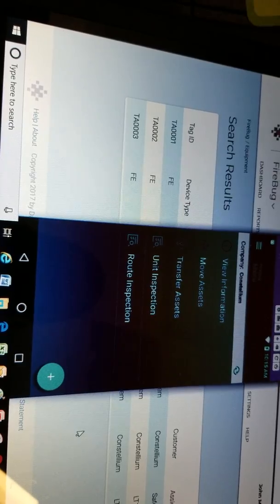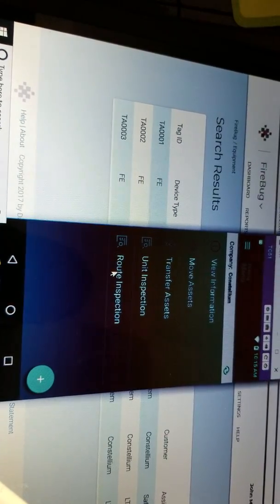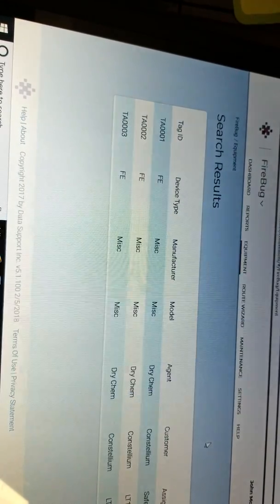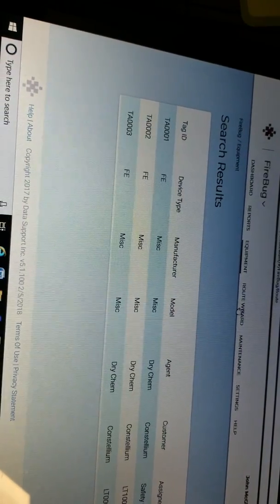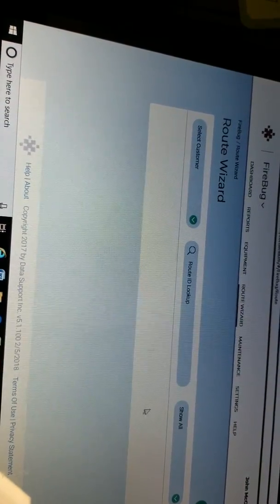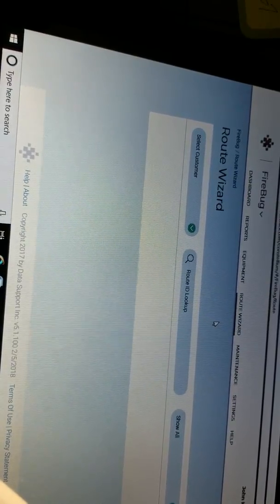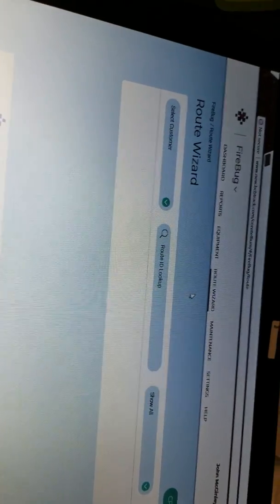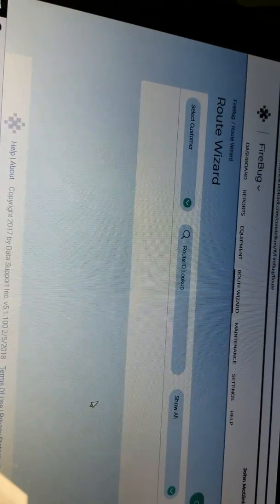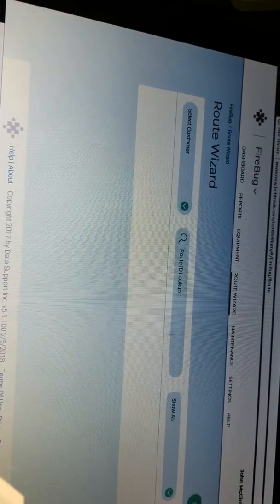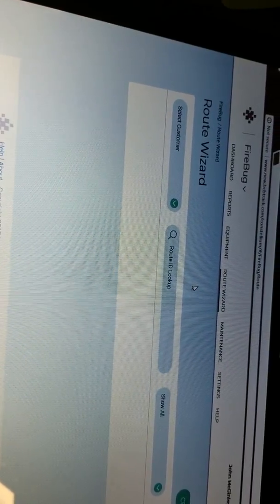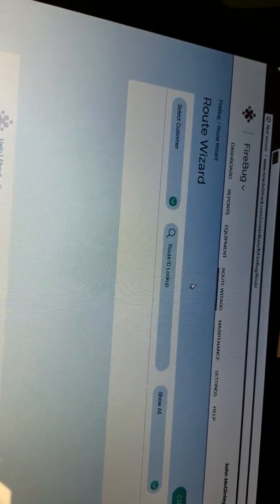But you need to get all your information built in there first. You see, we do have a route inspection. And you could build your routes up from over here. So we would have to scan all extinguishers in the plant first, correct? You would get them entered into the system first. Okay, and then assign them. Then you can assign them to a route. You can assign the locations to the route. And then every time the route gets renewed, you tell it, when you create the route,